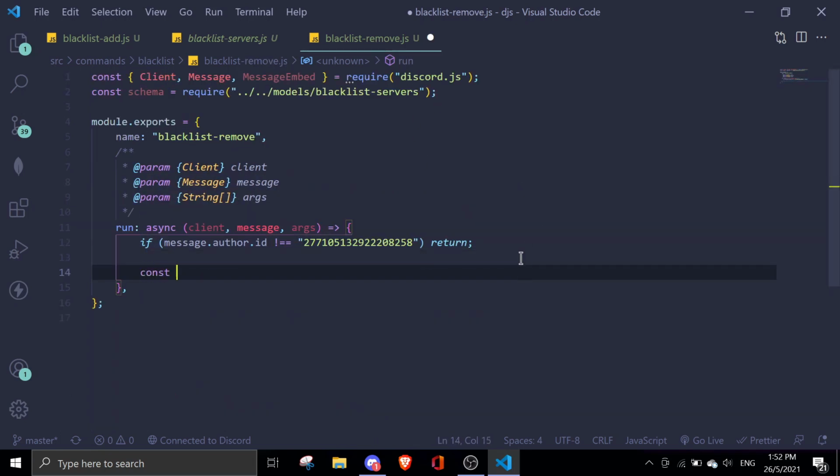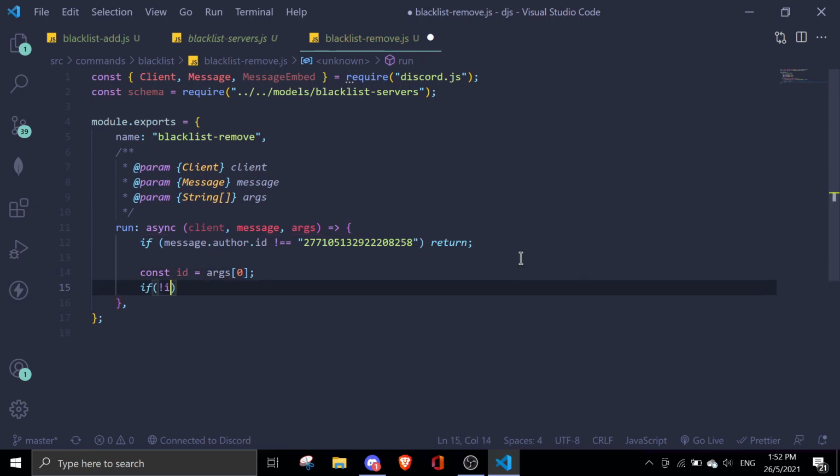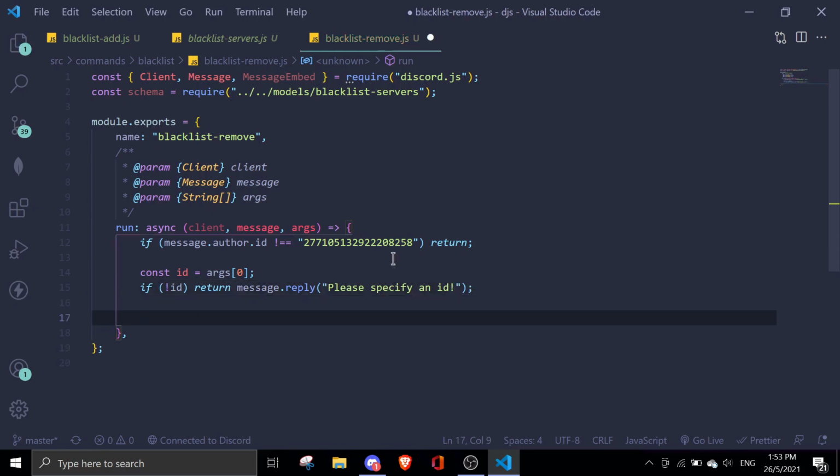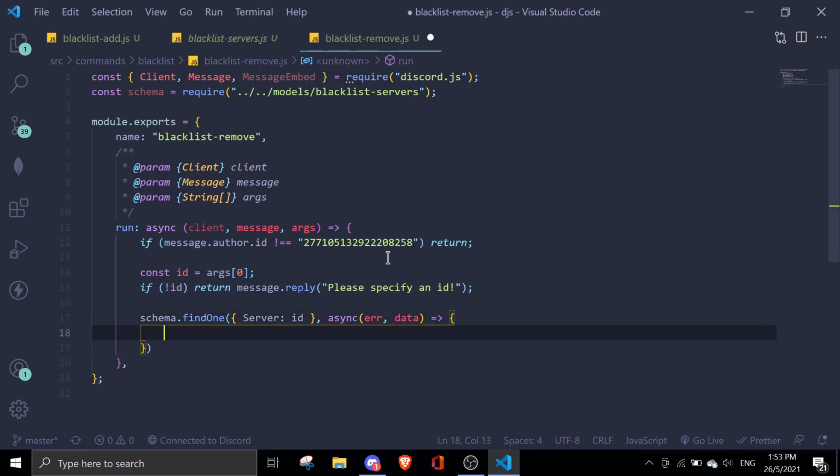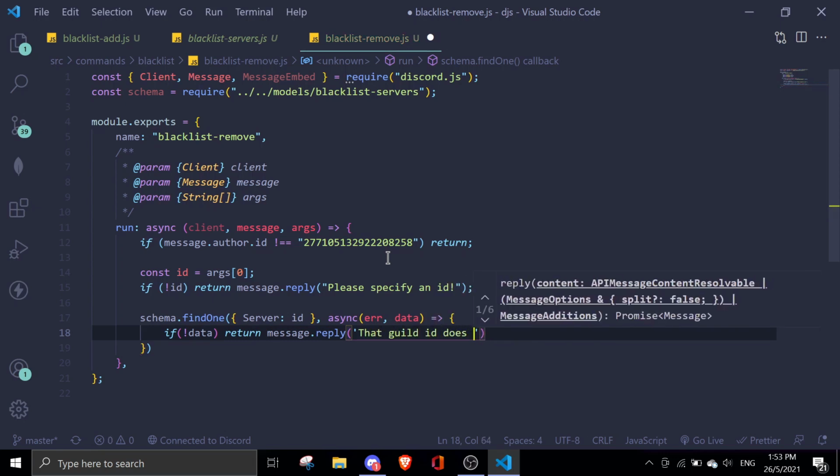Okay, so we can define ID again, arg0. If there is no ID, return message.reply, please specify an ID. Okay, we're gonna directly search in our database to check whether the server ID is in there. You can do this by doing schema.findOne, server will be ID. You just give it async error data. Okay, so if there's no data, I'm just gonna return message.reply that guild ID does not exist